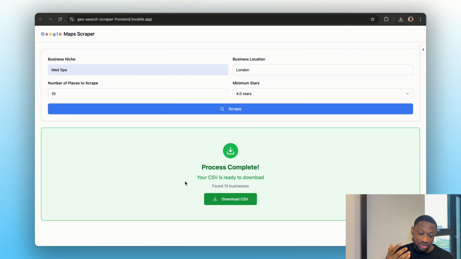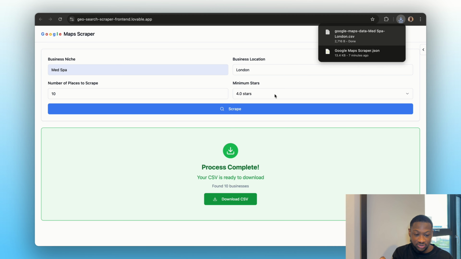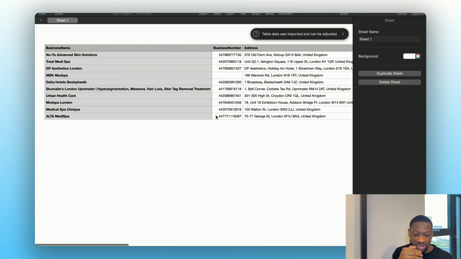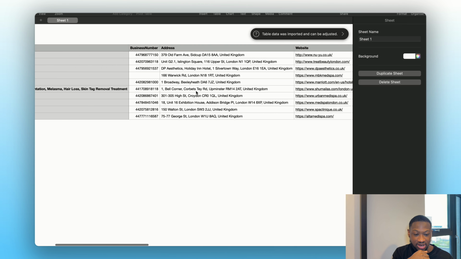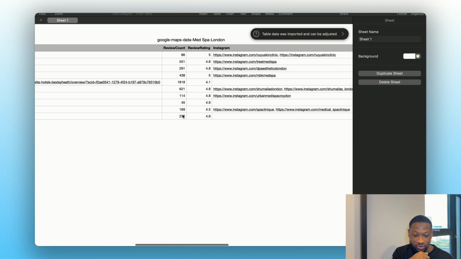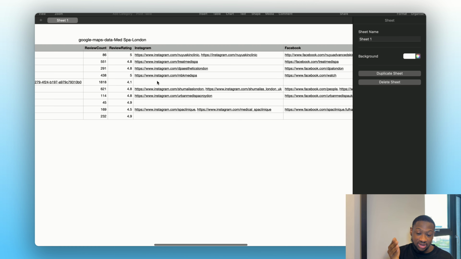Just finished it, and you can see it says found 10 businesses, which we asked the script for, and it gives us a CSV to download. So you download the CSV, and if you open it and give it a quick look, it gives us the business name, the business phone number to call, the address, the website of the business, the review counts, the review ratings, and all of them are 4.0, and then their Instagram,